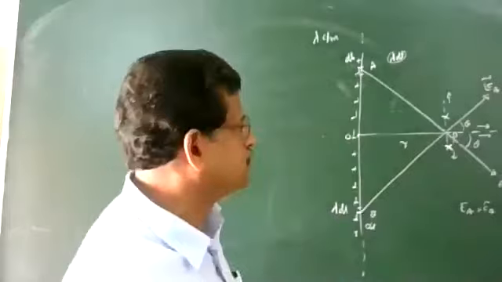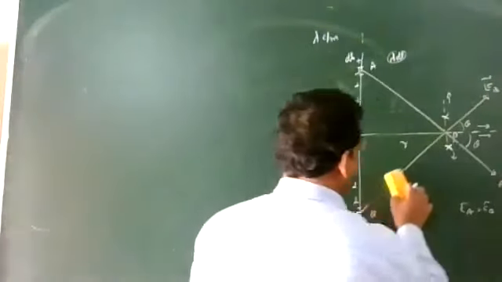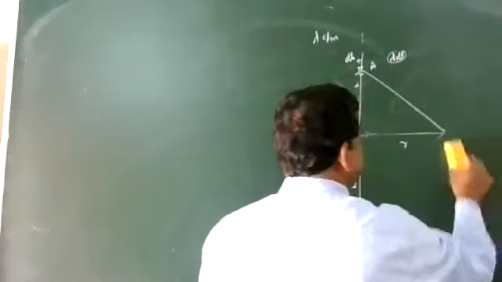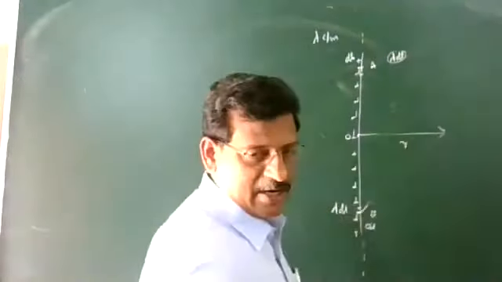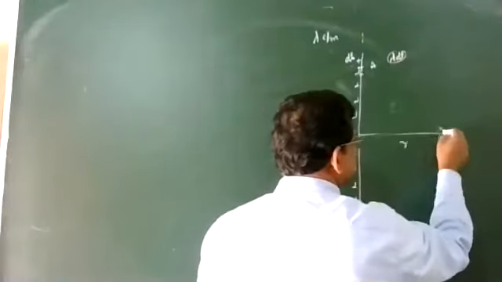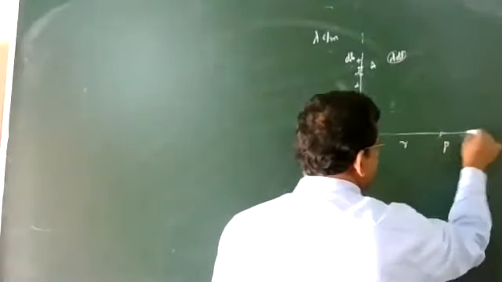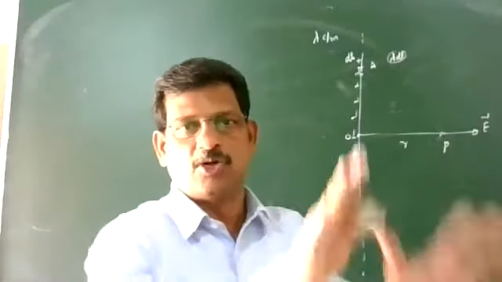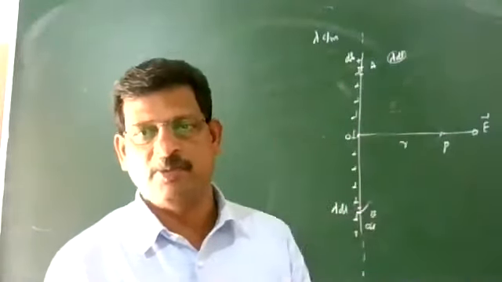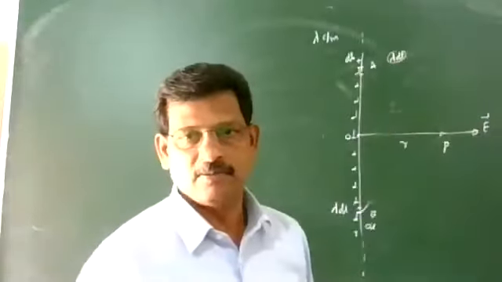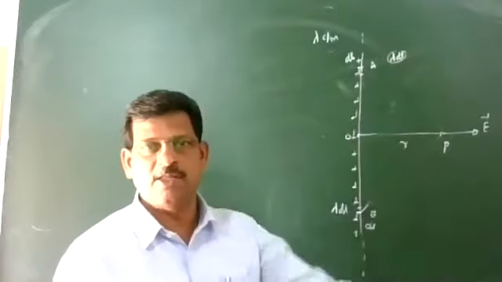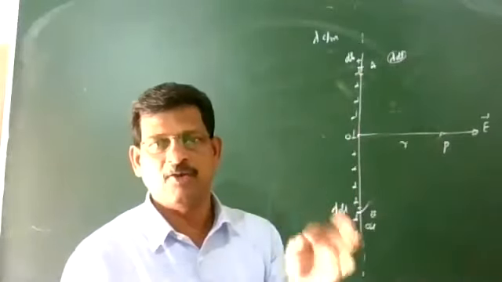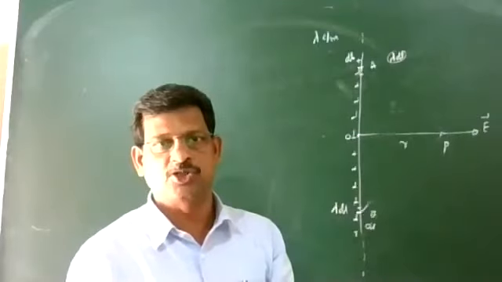So I am just removing the diagram. The electric field at the point is normal to the line charge, and it is directed like this. This is the electric field, no other components. Other components are cancelling. So the electric field at the point P is directed as per the diagram, away and perpendicular to the line charge. What is the electric field at the point P? Find the electric field at the point P by using Gauss's theorem.